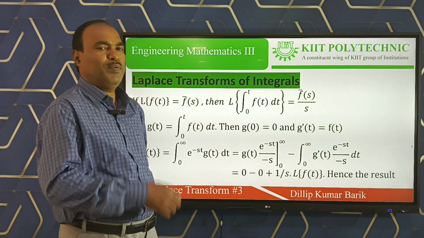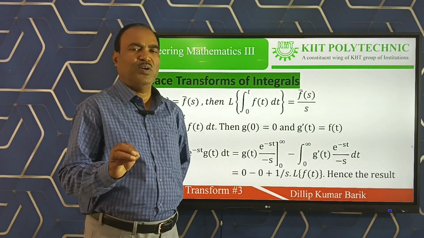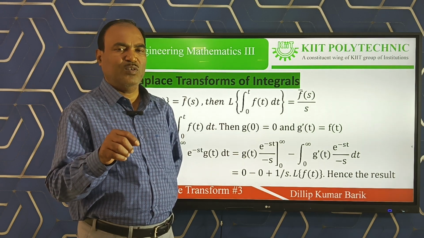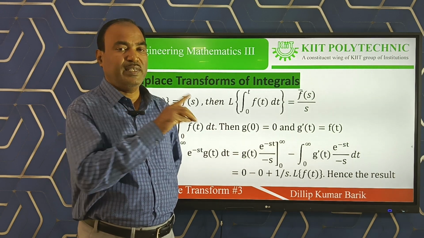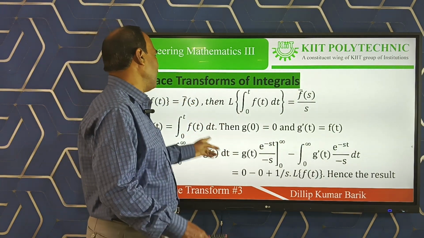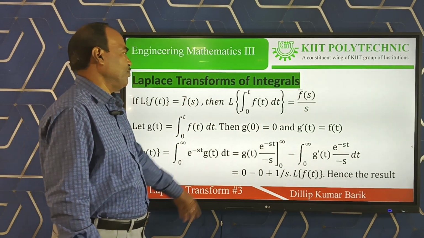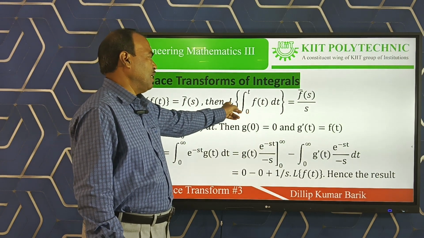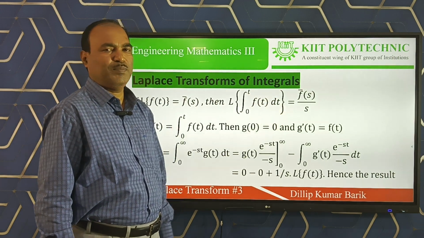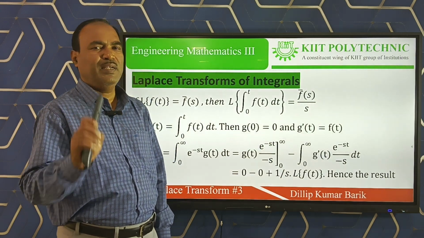Now let us come to Laplace transform of integrals. And what is the basic idea behind it? When a function is given and its integration is also given, integration of a function over some limit 0 to t here, not infinity, how to find its Laplace? The formula behind it is: Laplace of f(t) is equal to f bar s by usual notation, then Laplace of the integration from 0 to t of the same function f(t) will be f bar s by s. F bar s is nothing but the Laplace of f(t). That means simply Laplace of f(t) whole divided by s.